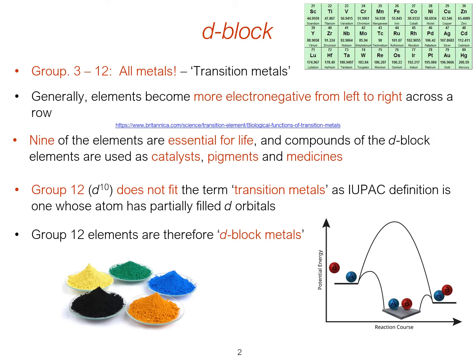I'll start then by highlighting what the D block is, what the elements are like, and then highlighting some of the broad applications I alluded to on the previous slide. So I've got a very small version of the D block up here. We'll see it a lot on the way through the lectures, but it's essentially that part of the periodic table that we've kind of been pretending doesn't exist up until this point. So it's sandwiched in between the S and the P blocks of the periodic table. It starts at period 4 and carries on down from there, and it encompasses groups 3 to 12 of the